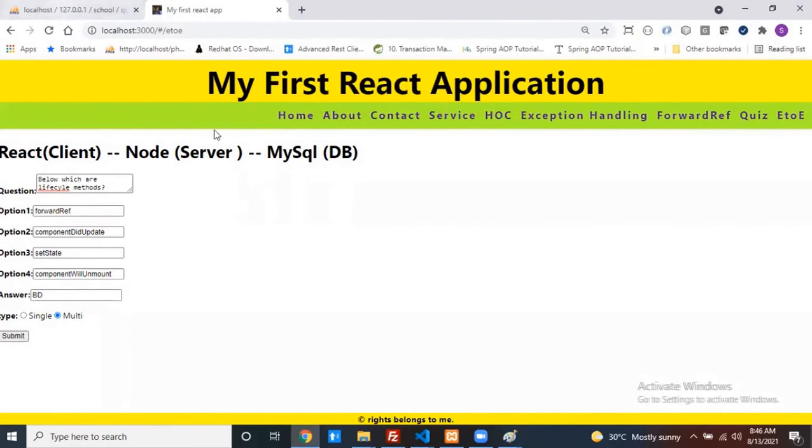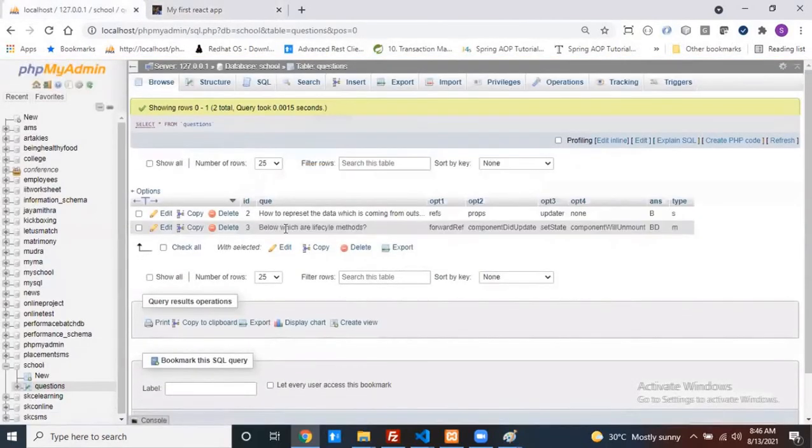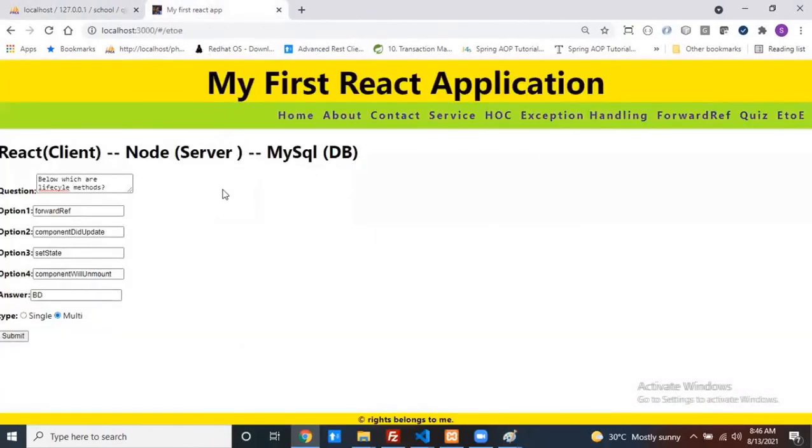Now can we check here? Was my second question inserted or not? Okay, you can ask one question. Once it is inserted, why do I need all these things here? This data is already inserted, right? Can we clear it? Yes or no? We have to clear this data or not. Understand? How can you clear it?